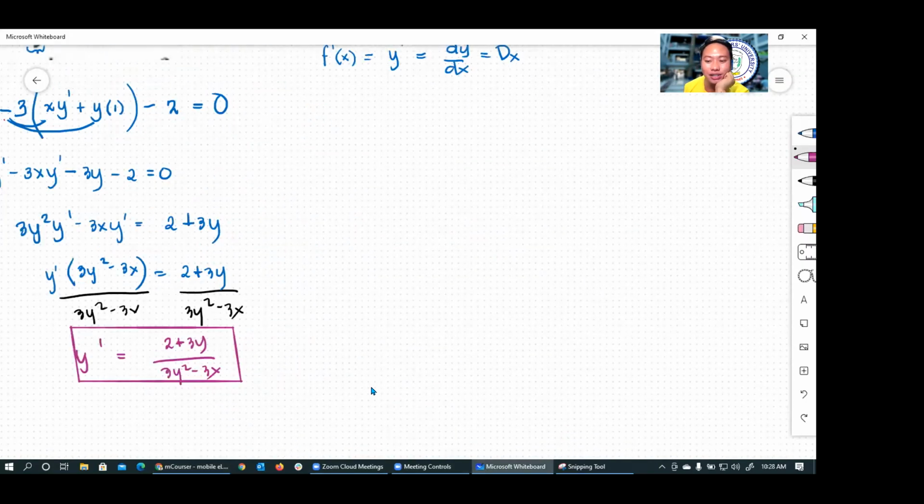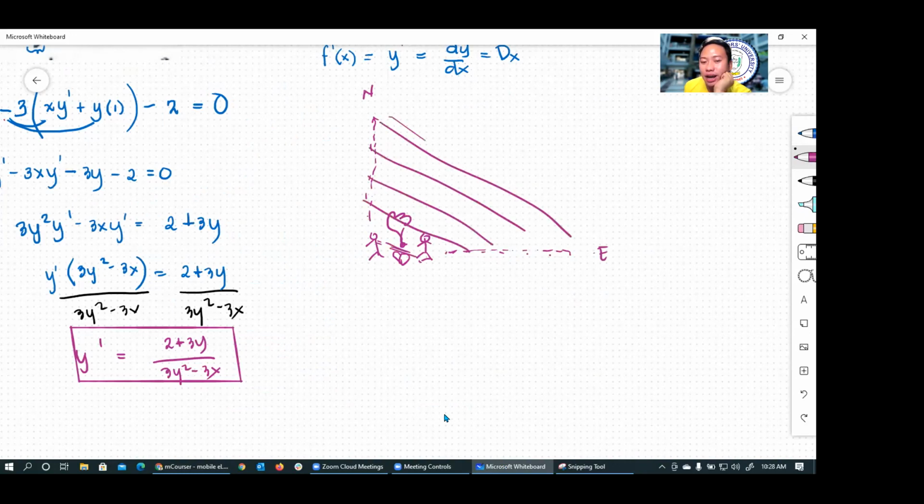So let me give you a whole scenario. For example, they are fighting near a tree. This is the boy and this is the girl. And then the boy walks going to the north and the girl walks going to the east. The notion, guys, is that the boy keeps walking while at the same time the girl keeps walking. Their distance from each other keeps increasing. The question now is how fast they walk away from each other. So that's one of the things where we can apply the idea of derivatives.